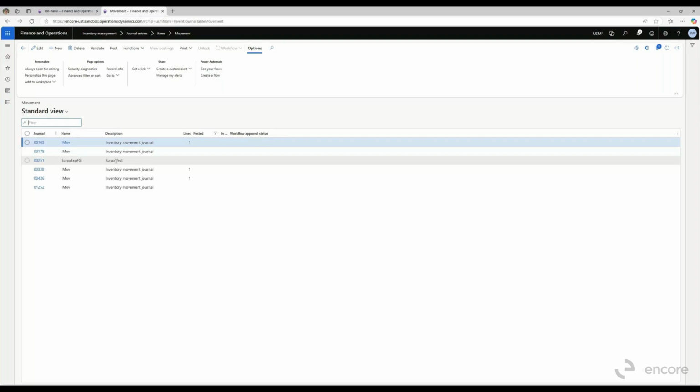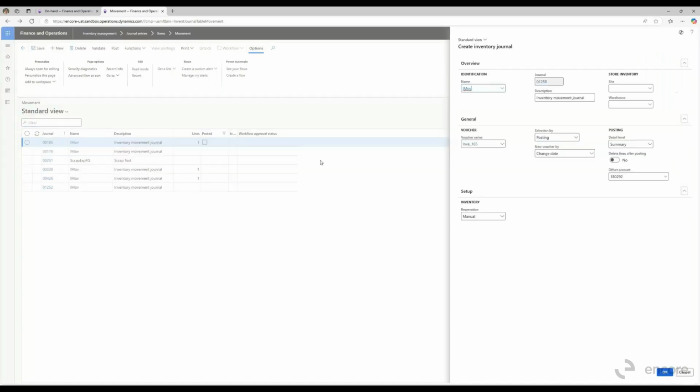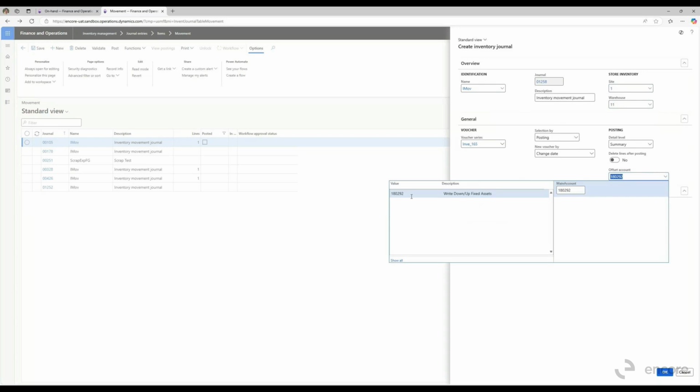And you can pre-select offset accounts based on different users that are using the inventory journals. You can also specify different reasons why a different offset account would be used based on initial configurations. So if we create a new movement journal, we are going to set the warehouse here. And you can see by default, I have my offset account set here. And we would be able to create additional offset accounts if there are reasons why we might want to create